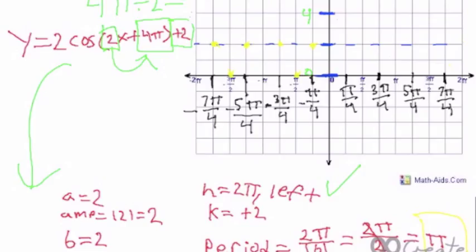And graph some extra points because this graph does have a period of pi, which means each point repeats itself at pi. So one specific point will repeat itself every pi units. Every cosine graph starts at the highest point. So we're going to go ahead and start here at 4, go down to the sinusoidal axis of 2, and then keep going down and graphing as if it was a normal graph. Just graphing normally,